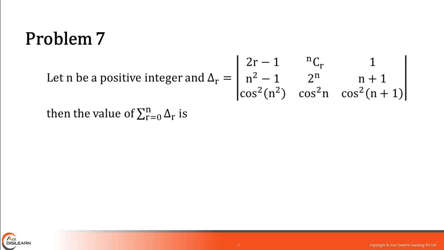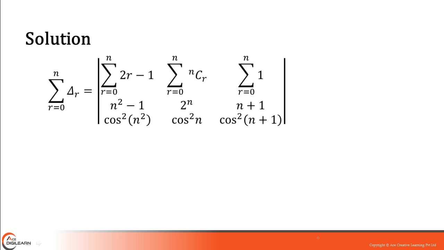Let n be a positive integer and delta r is given as a determinant of order 3 by 3. We need to find out sigma r equals 0 to n of delta r. Options are 0, 1, minus 1 and n. So based on the concept of applying sigma in a determinant, we get sigma of delta r, as the first row includes the variables r, so we can apply sigma to the first row only. So sigma of 2r minus 1 we can get as, by substituting the values from 0 to n, we get minus 1 plus 1 plus 3 plus 5 and so on